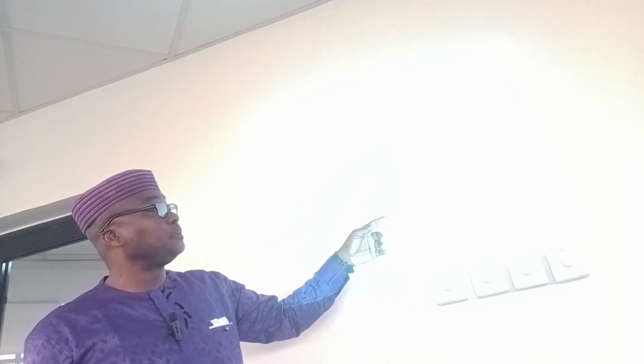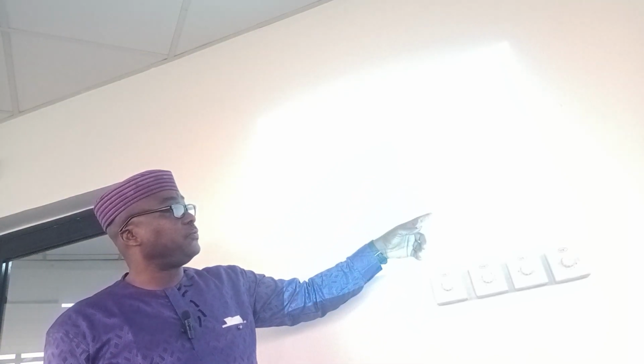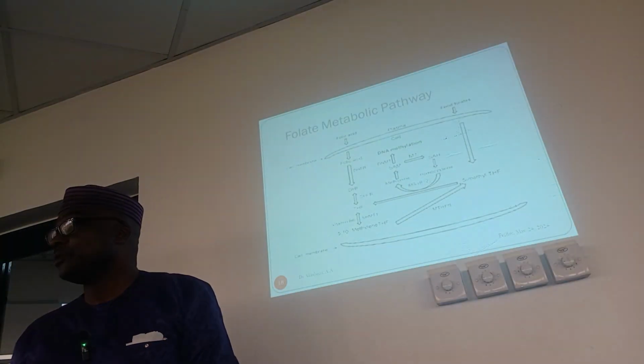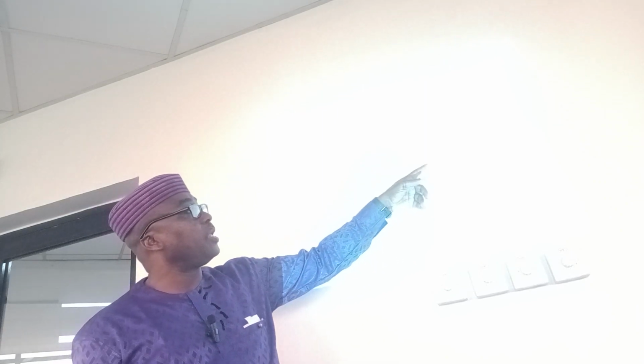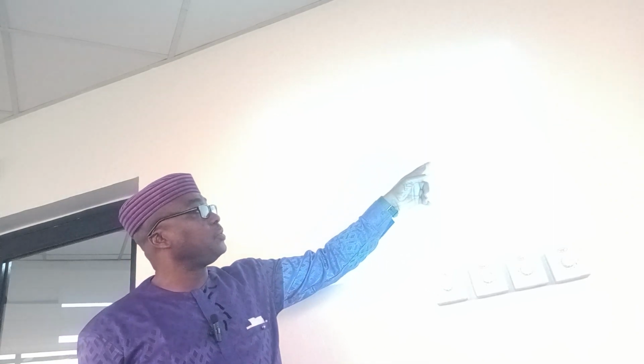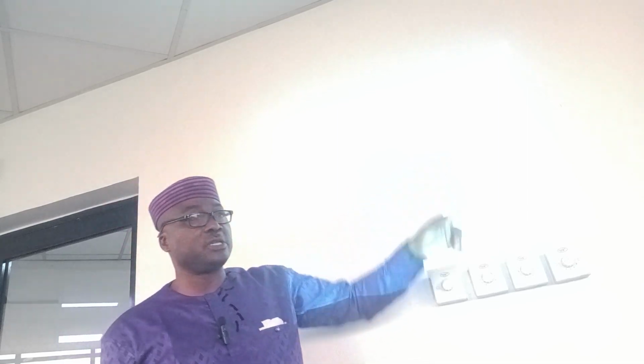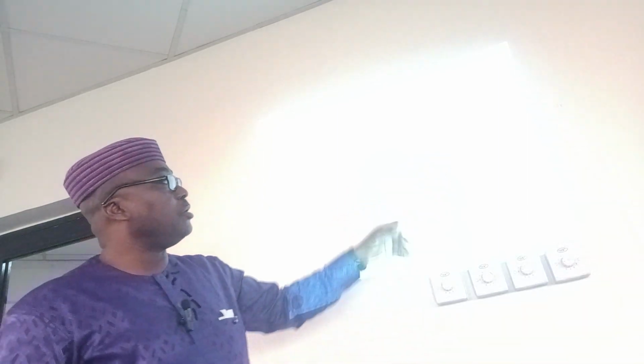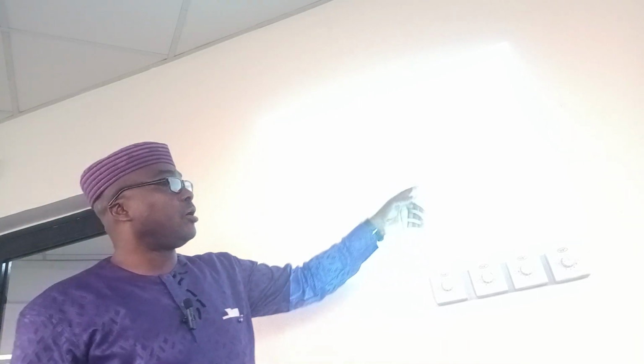So if there is no B12, there will be no methylation of the nerve. So this reaction will not be able to move forward, and once it donates its methyl group, it becomes S-adenosyl homocysteine. Then S-adenosyl homocysteine loses its adenosine and comes back to